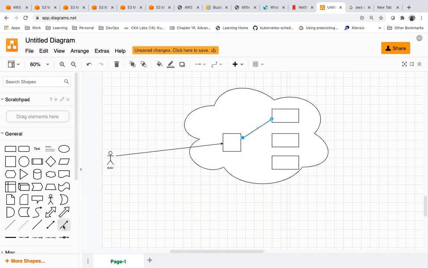We'll see how to create a load balancer and how to attach our application servers to it. As a DevOps engineer, we should understand how the end user request will reach the application server via the load balancer.